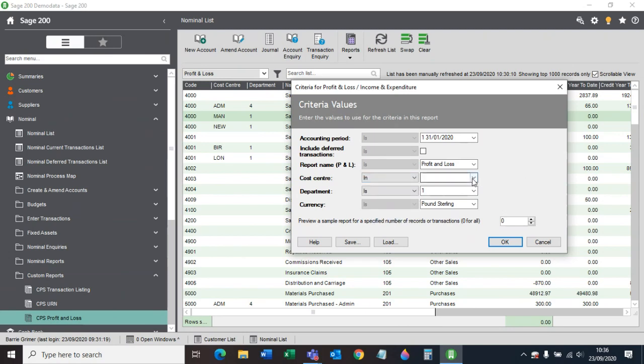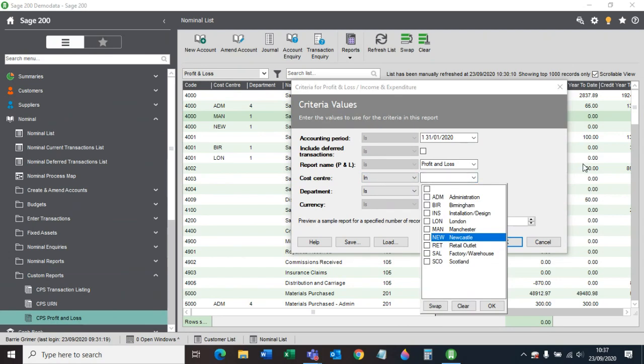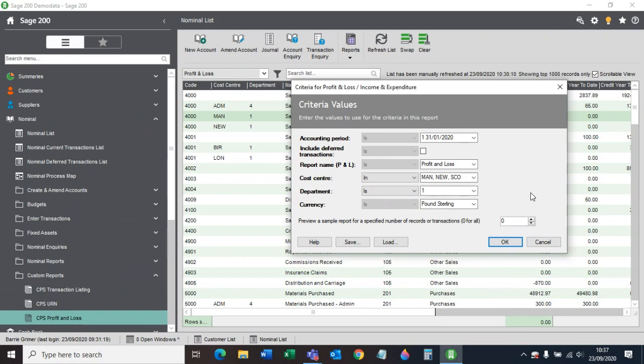If I've got a budget holder, a manager, sales manager maybe in this case, and he's responsible for Manchester and Newcastle, maybe Scotland too, give him our northern region, then I can run it for those, being selective on those as well. And again, all departments or some. So